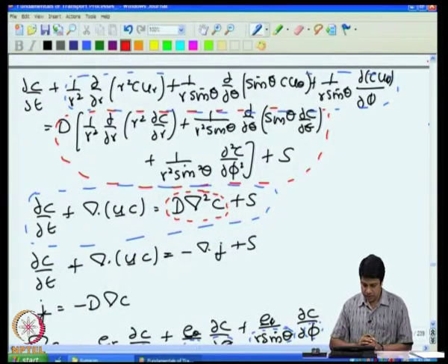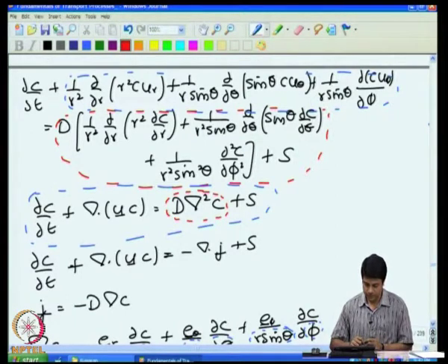The terms on the left side in the blue on the equation on top are the divergence of c times u, and they have a more complicated form. 1 over r square d by dr of r square times c u r plus 1 by r sin theta d by d theta of sin theta c u theta plus 1 by r sin theta partial of c u phi by partial phi, where u r, u theta and u phi are the components of the velocity in the